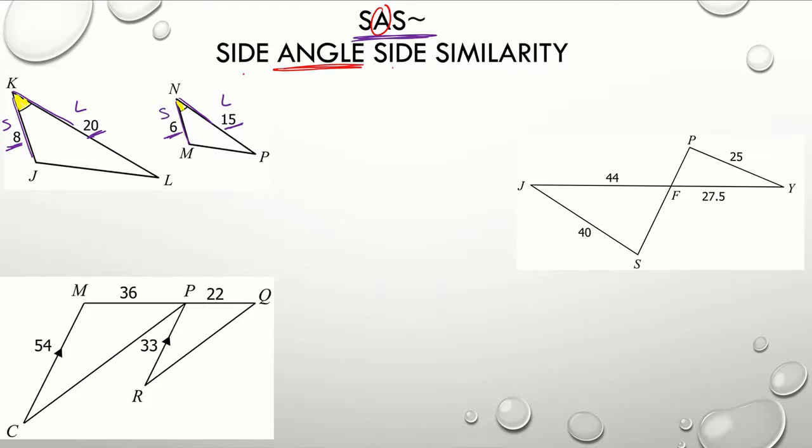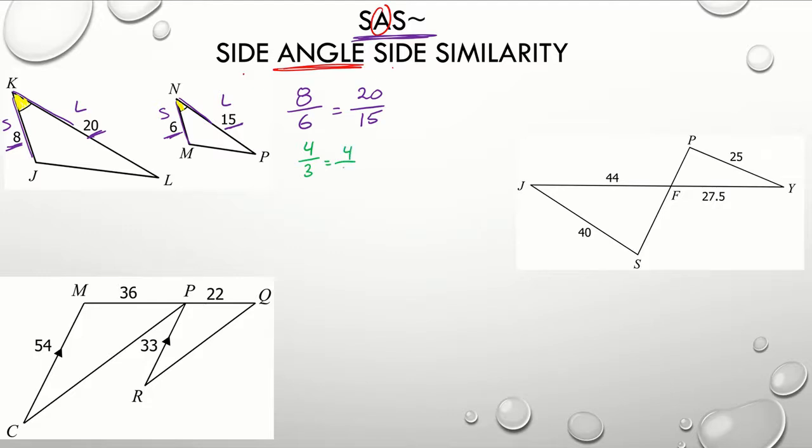And the reason I'm doing that is because now I can write my ratio, I can write my proportions. I can write small over small, large over large. Notice how both of these numbers came from one triangle, both of these numbers came from the other triangle, right? So I'm not crisscrossing, I'm not mixing them up. And so from here I simply simplify. So biggest number that goes into 8 and 6 is 2. 2 goes into 8 4 times, 2 goes into 6 3 times. Biggest number that goes into 20 and 15 is 5. 5 goes into 20